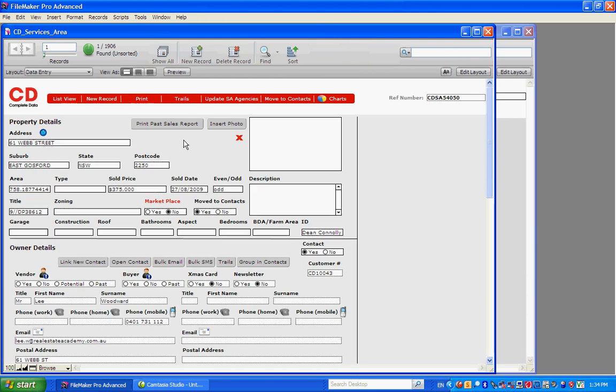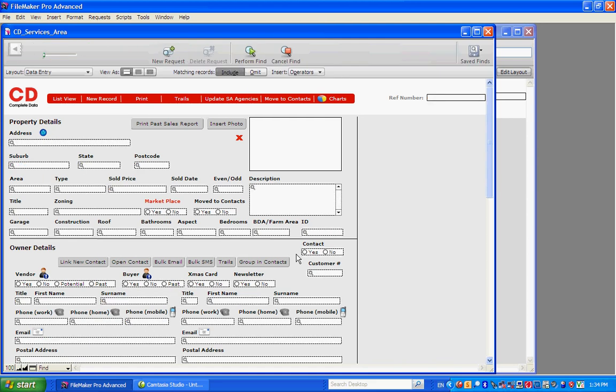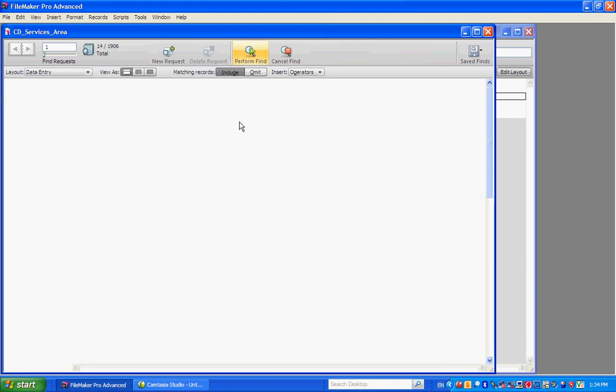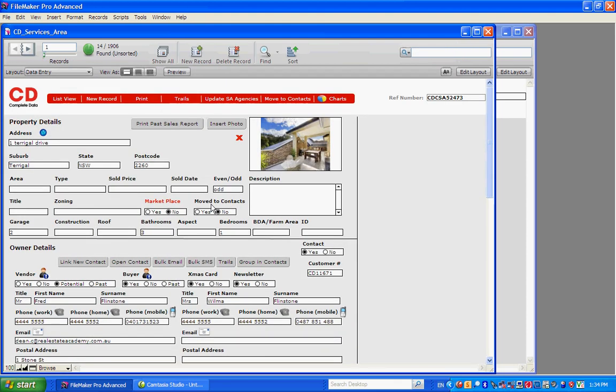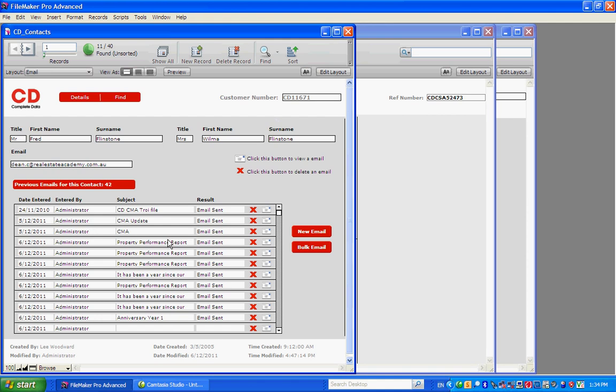Back into the service area. From here I can do my bulk finds and send out my bulk communication if I like, so I could find everyone in my service area that is currently a contact, perform my find. I've got 14 records in my found set, so I can see that in my top left hand corner here. If I'd like to send out a bulk email or a bulk SMS, I can select bulk email, choose my bulk email,